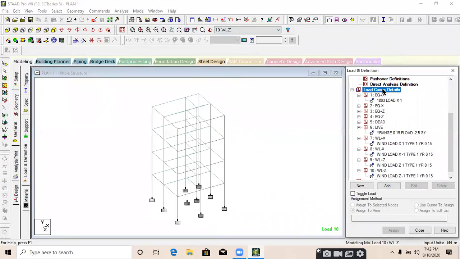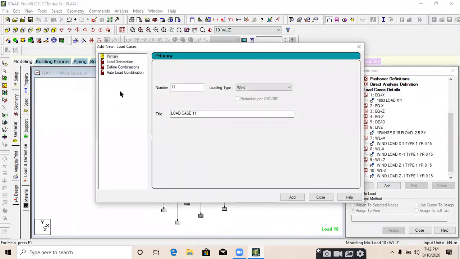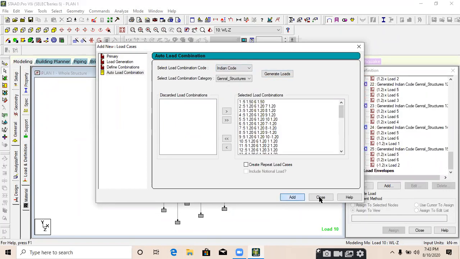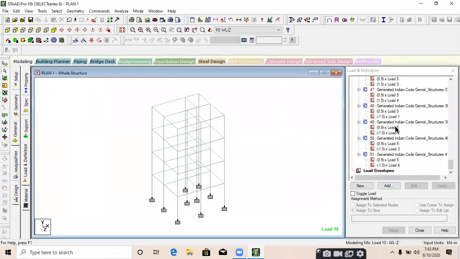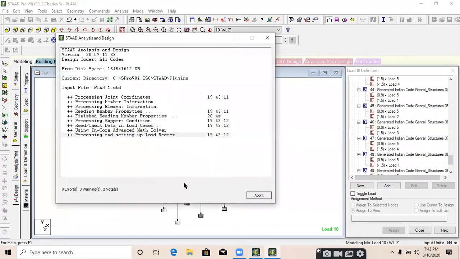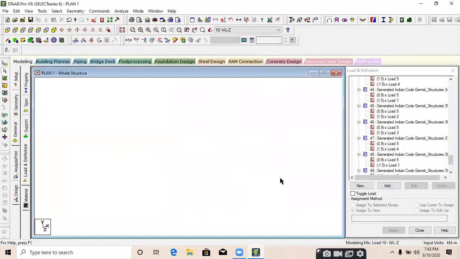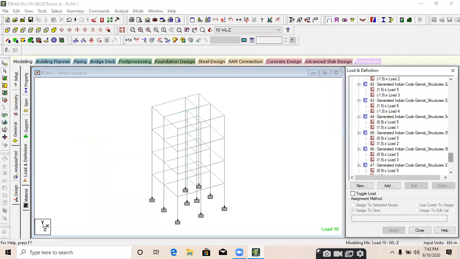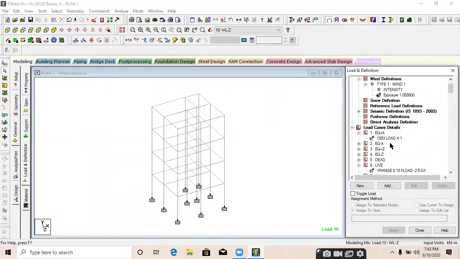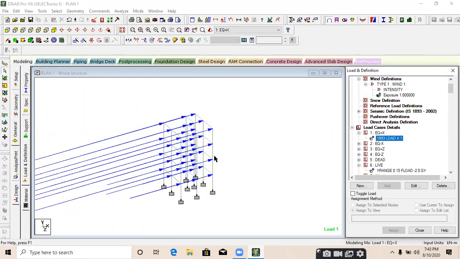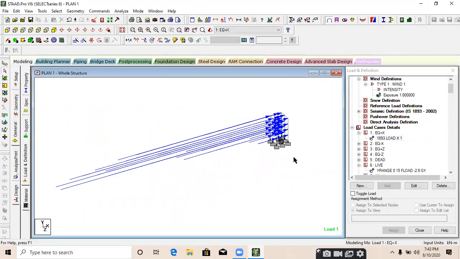Now create load combinations, go to load case detail, add, auto load combination, select Indian code, generate, add, close. Now you can analyze. Go to analyze, run analysis. Okay. After the analysis, when you go to the case of seismic forces and click on that particular 1893 load case X1, it will show the intensity of seismic forces.